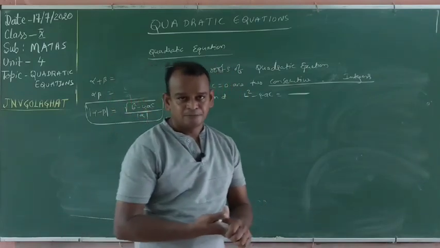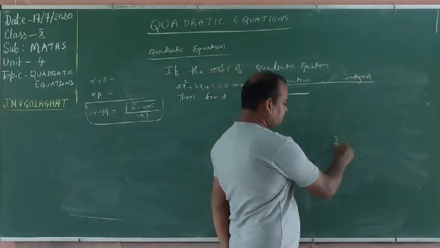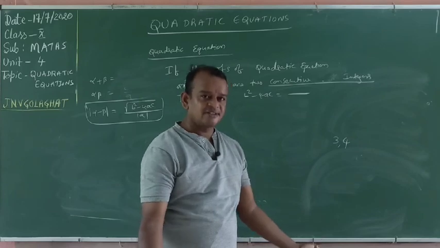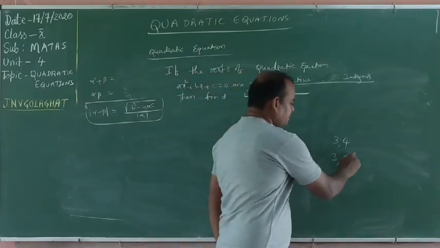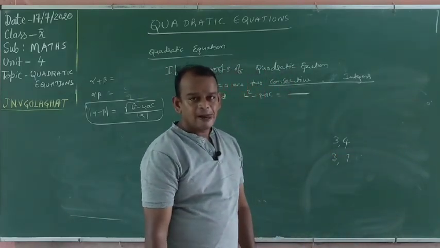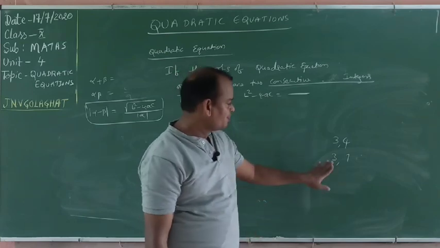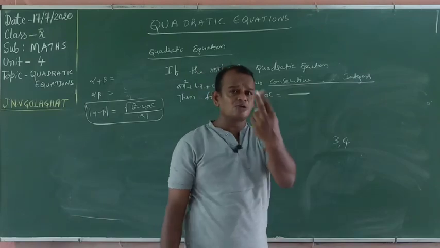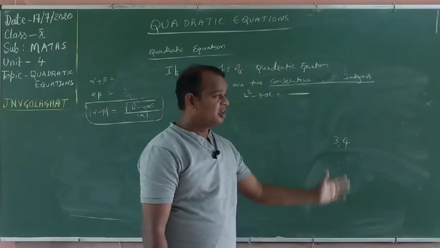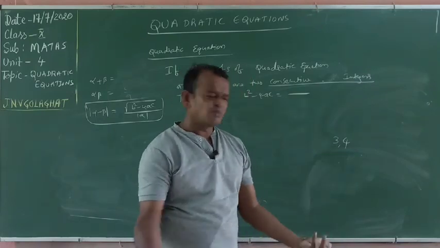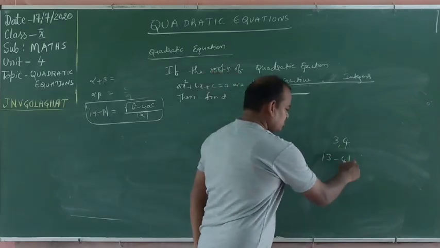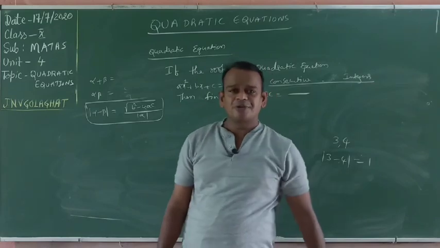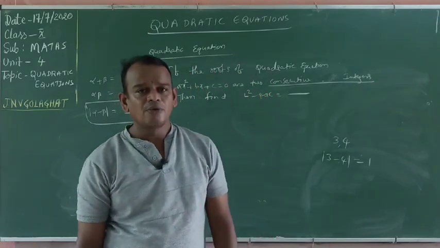Side by side. First suppose the roots are 3, 4. These are consecutive or not? Yes, consecutive integers. What about 3, 7? Consecutive? No. 3, 4 are consecutive. Now what is the difference of the consecutive integers? Difference 3 minus 4 is minus 1. More or less we take 3 minus 4. That equals how much? The difference of consecutive integers is always equal to 1.